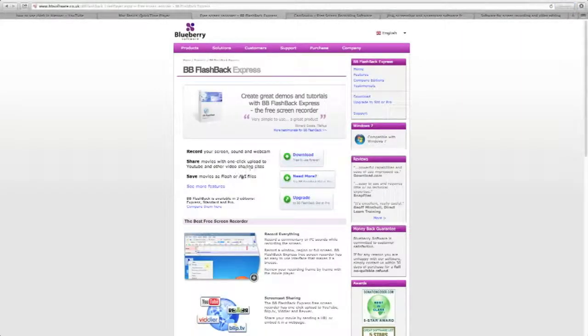And this is a free screen recorder. You can see here that you can upgrade it to a BB Flashback Standard or Pro. So the basic one is free to download and free to use forever. It's a great little introduction to their software, and it does give you more full feature tools than this basic QuickTime Player does. You can save your files in AVI format, which is the standard Windows format, or Flash Player format,